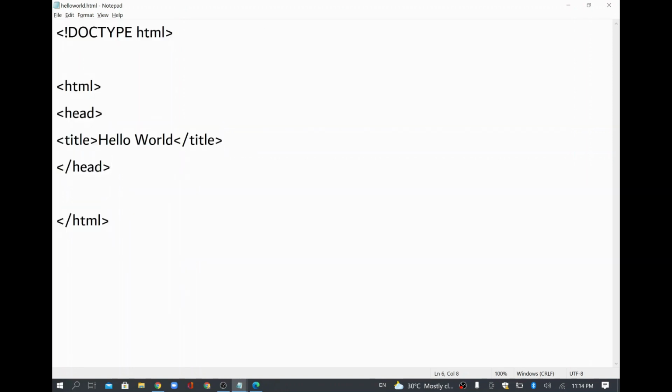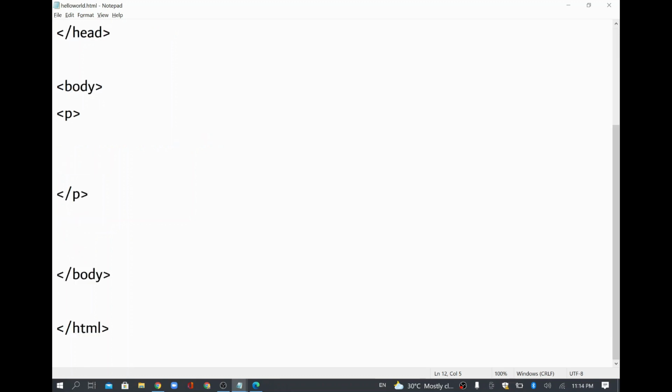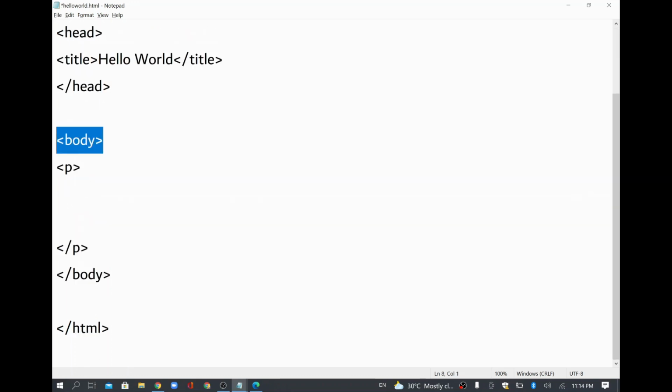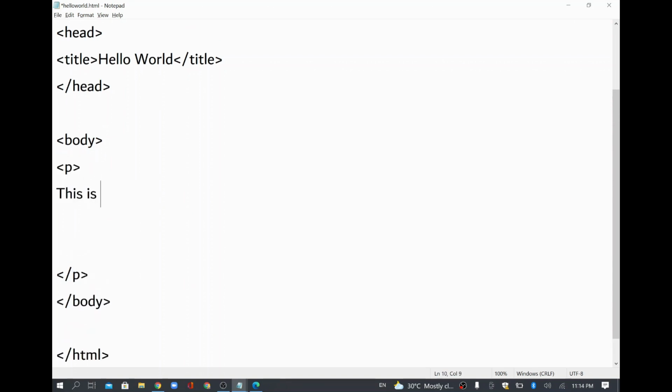For example, if you want to write any content, then you have to write within the body part. Okay, so I'll start the body and close the body. Here I'll write some content. If I want to write some content, then I can give it in a paragraph tag, which is nothing but P. And if you want to close anything, then you have to close the paragraph tag as well. So every start tag, you have to close it. So body tag, I closed it. Inside the body, I want the paragraph. I'll type it like this is my paragraph 1. Okay, and then I'll refresh it here.